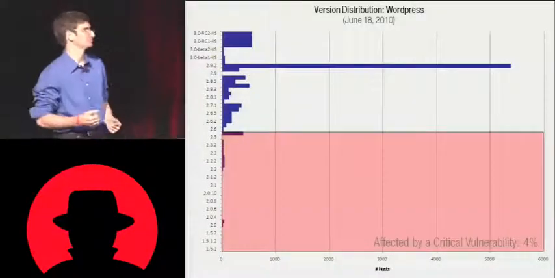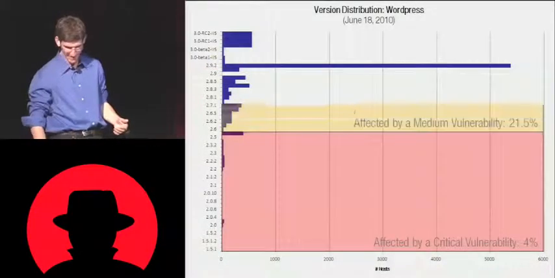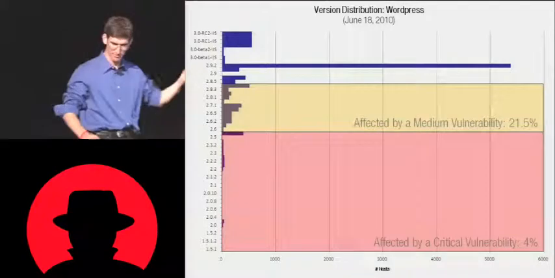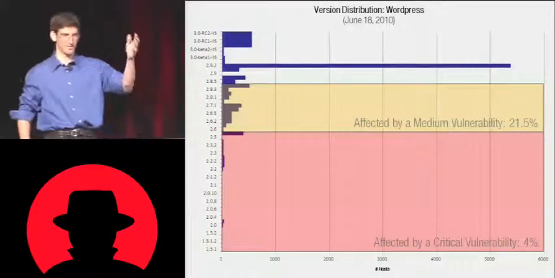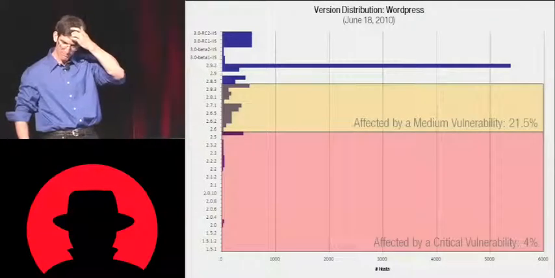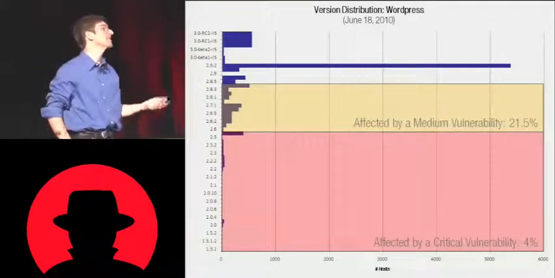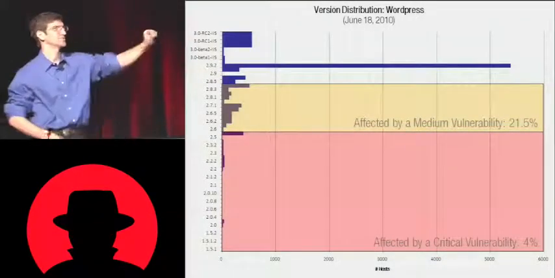So much easier. All right, so just because I had to pick on them a little bit, I said, okay, what about medium vulnerabilities? This is medium based on any of the rating systems out there. So 21.5%. You know, even if we go down to mediums, I think this is